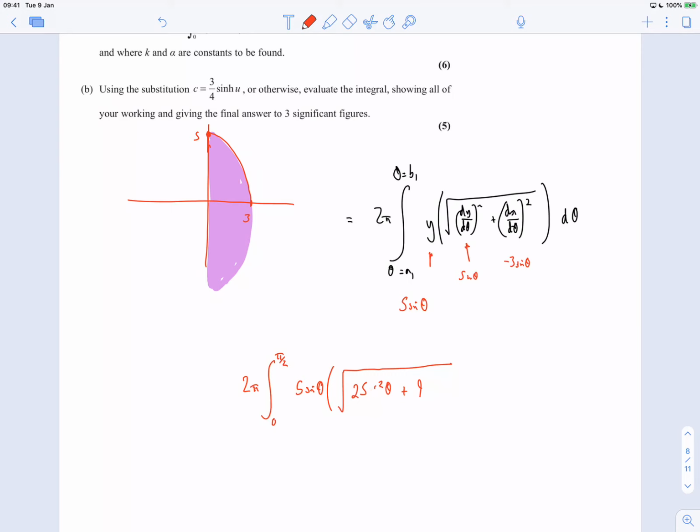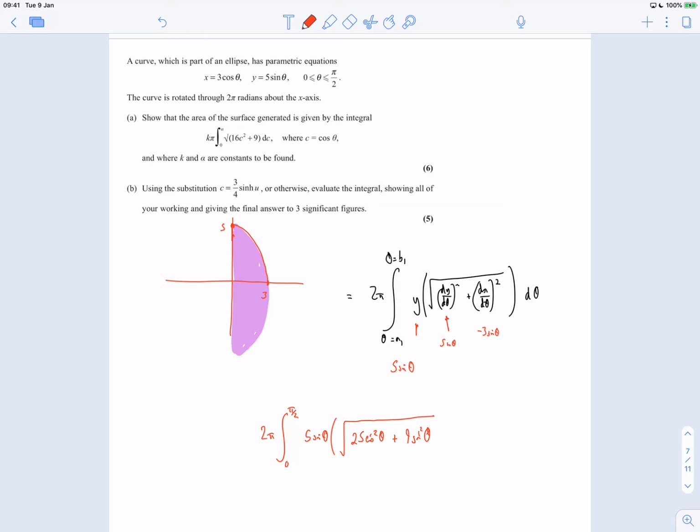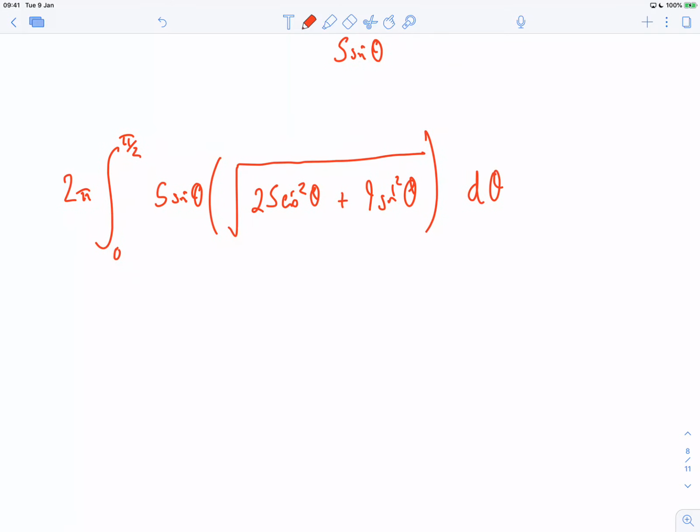Is this cosine? Yep, cosine, because y is already sine. So this is 9 sine squared theta d theta. Okay, so I'm pretty sure I've got this to begin with. First of all, I can deal with this a little bit